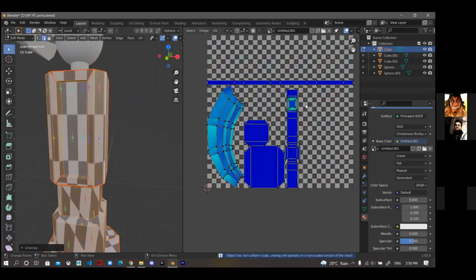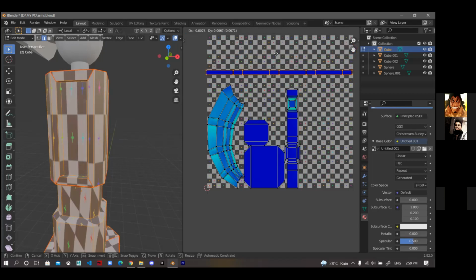Okay. We are a little bit okay. We can see that there is much less stretching than before. Most of the things are fine, but you can see that the locations of this grid are changed. You don't have to worry about it because it is just a texture. It doesn't matter where the texture is.